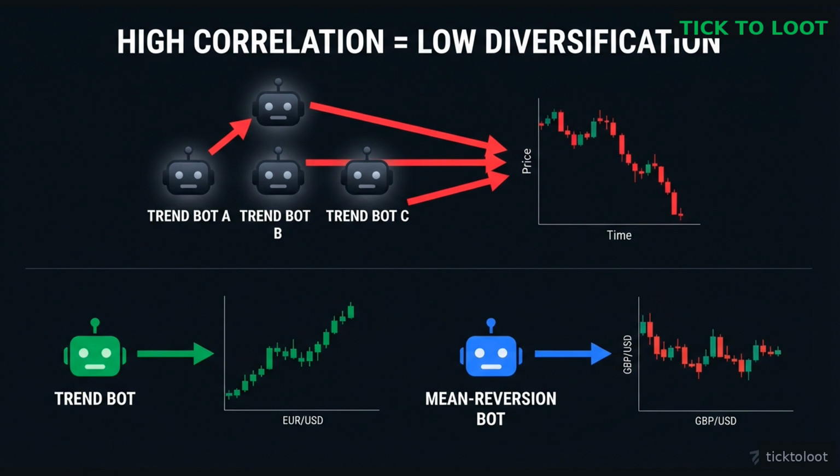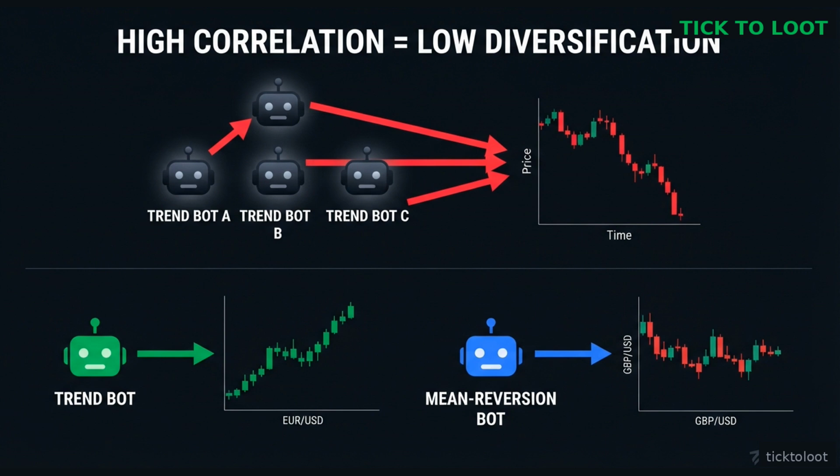If the market drops 5%, each bot might lose about $150, totaling $450, a larger hit than if you had only one bot with the same $3,000 exposure. The better approach is to pick bots that behave differently. For example, a trend bot on euro to US dollar and a mean reversion bot on pound sterling to US dollar. Their trades won't move together, so when one is losing, the other may be winning, smoothing out the overall